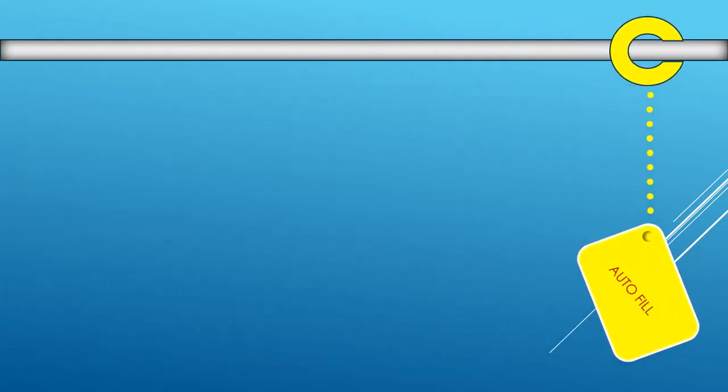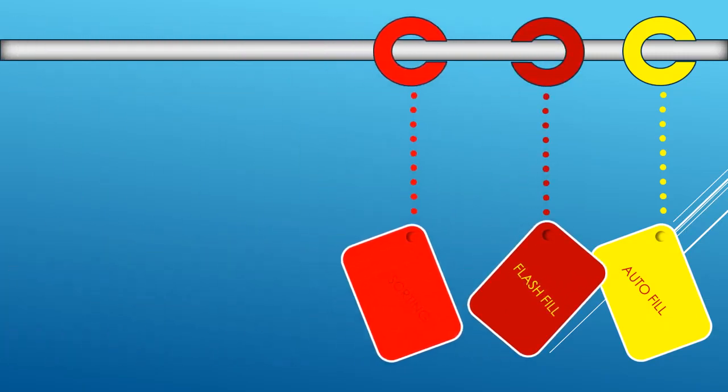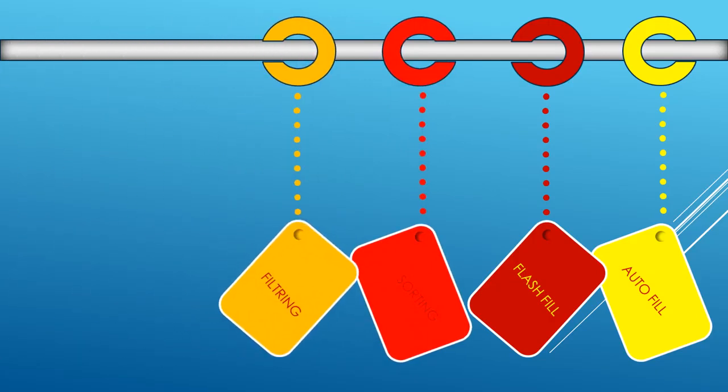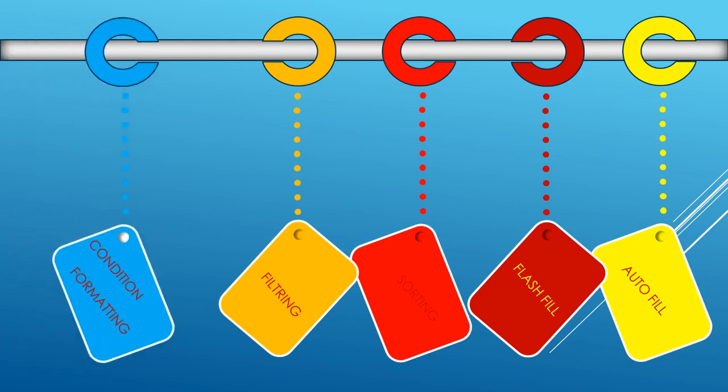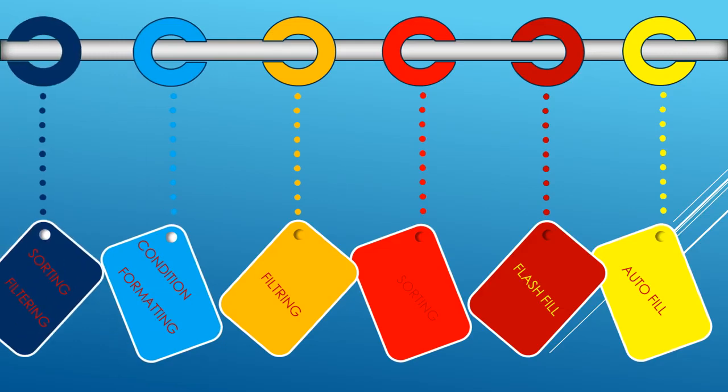In this third lesson, we have 6 main topics. Already we learned 4. Once again I am reminding you what the 6 main topics are. The first topic is autofill. You may know what autofill is. Once again I'll revise. The second topic is flash fill. The third one is sorting. The fourth one is filtering. Up to this much we have learned. Then the fifth topic is conditional formatting, and the final one is more sorting and filtering.